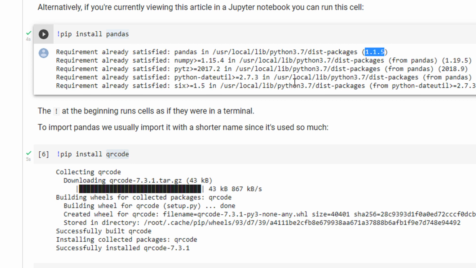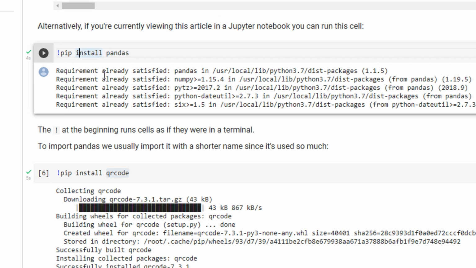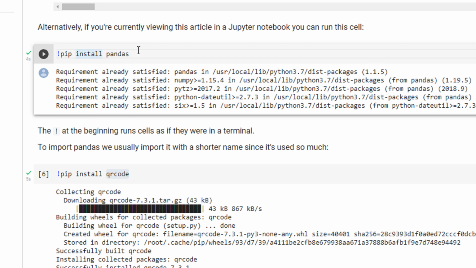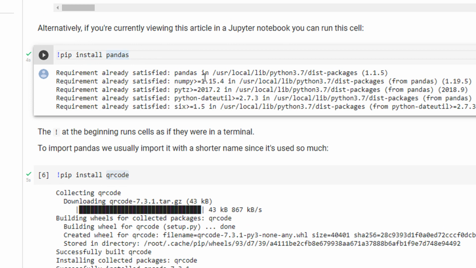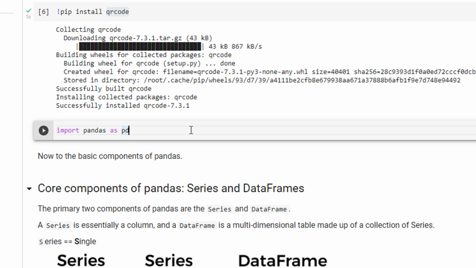Fine. So I hope it's clear till now. You may ask, why do we give an exclamation mark here? The exclamation mark is to ensure that the command goes inline. Inline means it has to be executed right there. Okay. Now what we will do, the module name is pandas. So first we need to import the pandas module. Just like in C, if you remember, you import the math module, that is, include math.h. If I tell it strictly in terms of C language, it is include math.h. In Python, as we see, it's a very concise language. Fine. So we can see import pandas as pd.